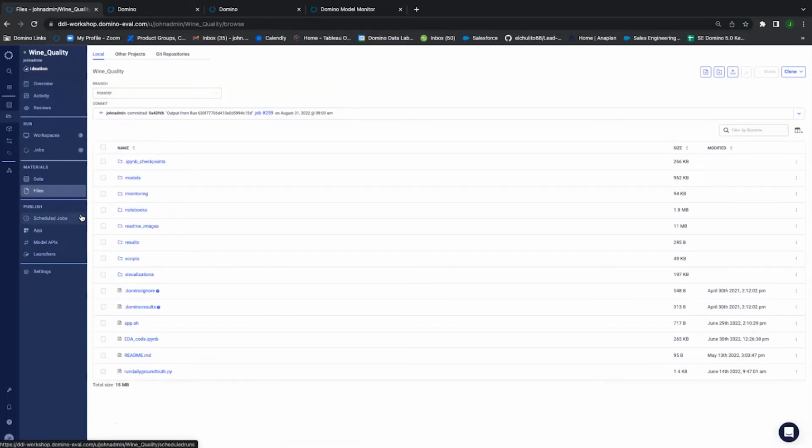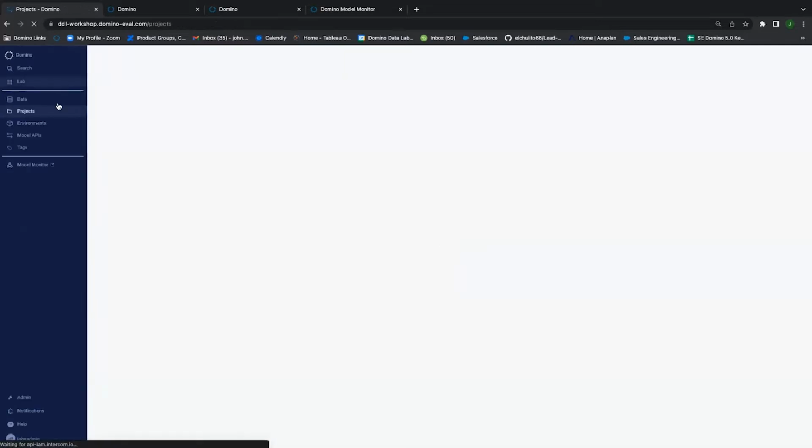So in Domino, when you are building a project, you have to assign it a file system. I didn't show you that before, so I'm going to show you that real quickly, what I mean when I say a file system. If I go back to my left blue nav and I switch back to my lab option, it's going to show me the projects.